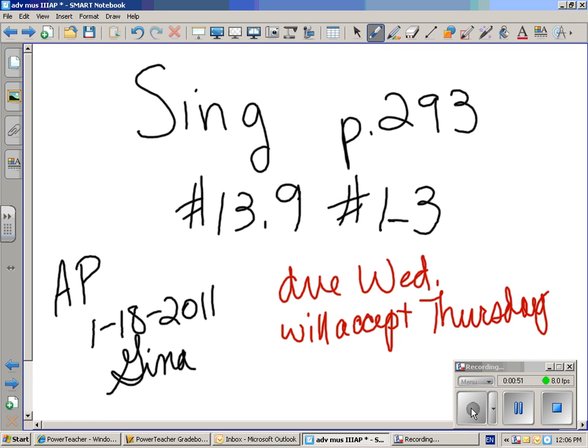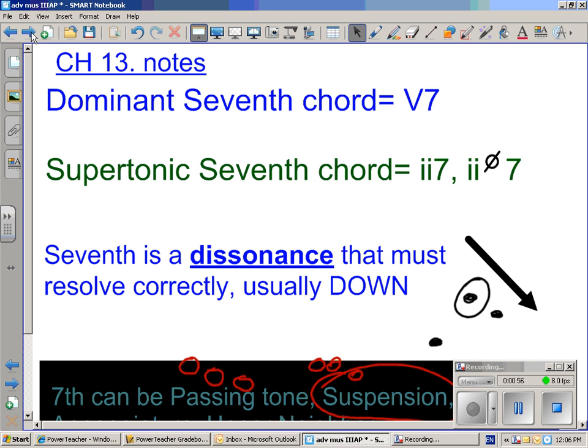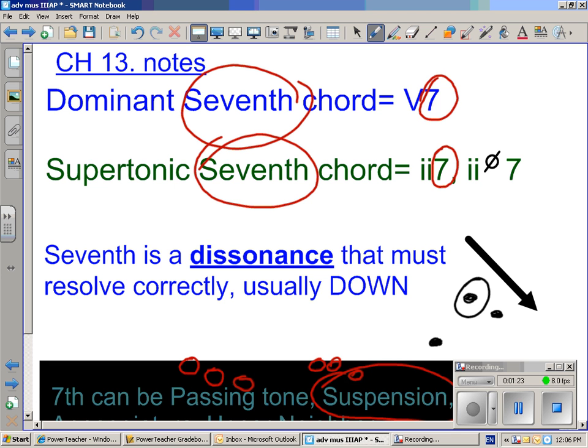Next thing that we went over today is in your book, and it is the new chords. Please open your book to page number 278. I'm making a recording right now. The dominant 7th chord and the supertonic 7th, they both have something in common. That is the 7. An additional note that we're going to be adding, and every time you use a 7th, you circle it because it's a dissonance